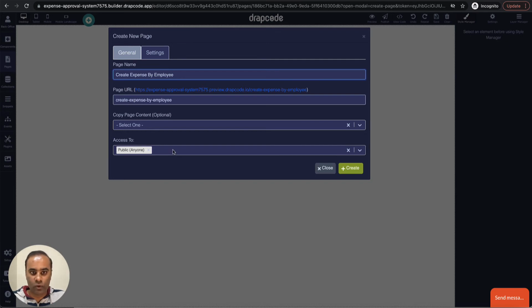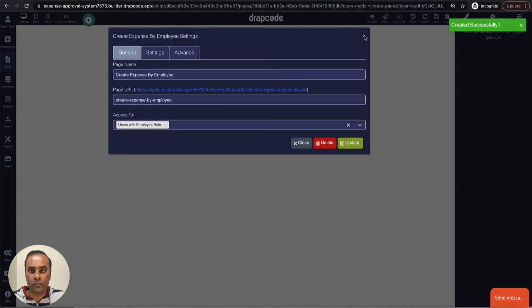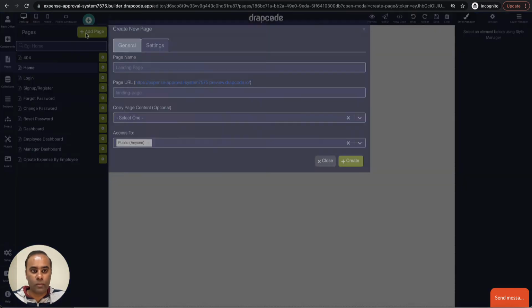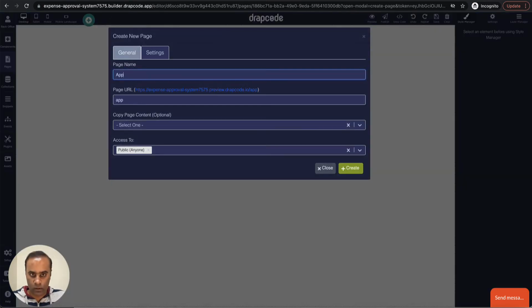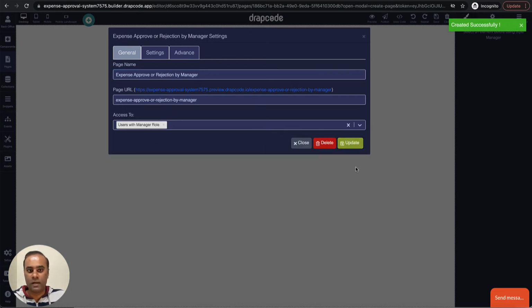Okay, so only an employee can access it because they will be creating the expense. One more page we need is approve expense, approve or reject by manager. Okay, so here only a manager can access it. So we have created four pages. These should be good enough.